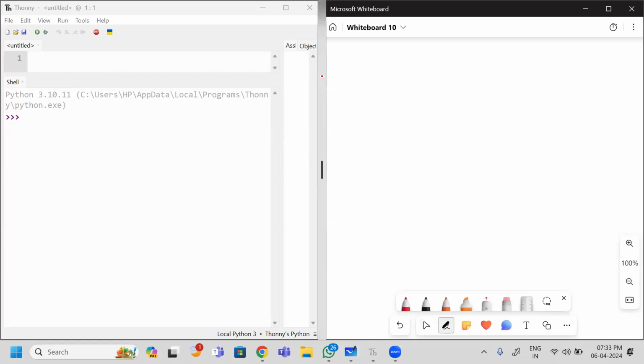Yes, today's class we will go for tuple. What is tuple? Tuple is very similar to the list. What did you learn the definition of list? List is a collection of heterogeneous type of elements. So similarly, this tuple also